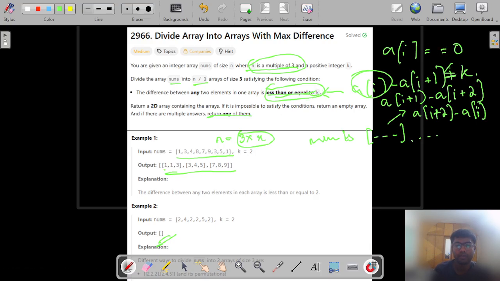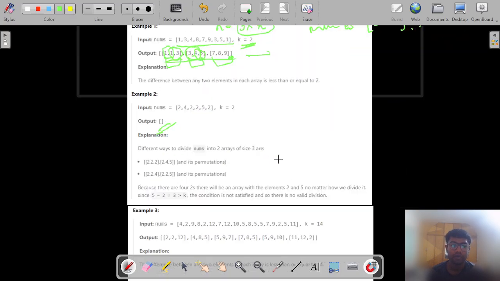Like we see here, for these two the difference is 0, and for these two the difference is 3. Similarly here it's 1, and we should consider these two as well, which is 2. Similarly here these two are 2, right? So any difference, so it would be easier. The approach that we can pick here is